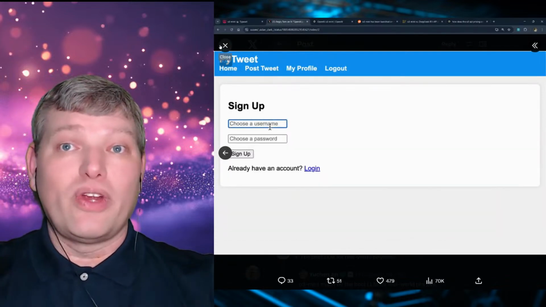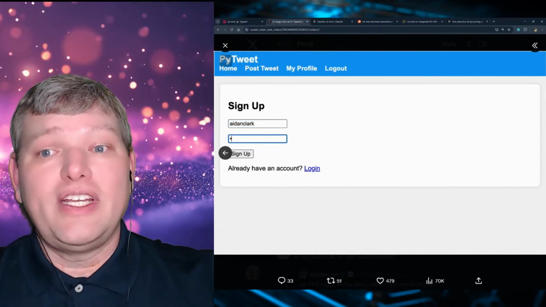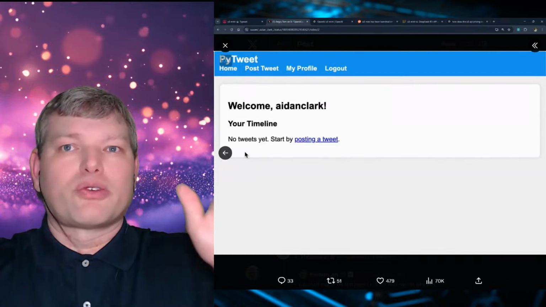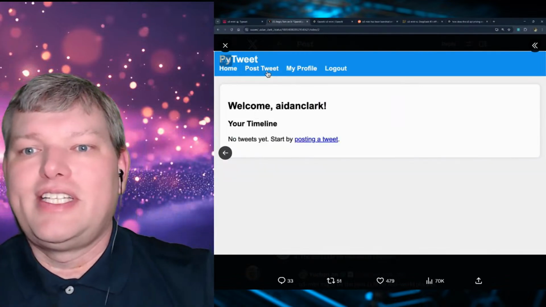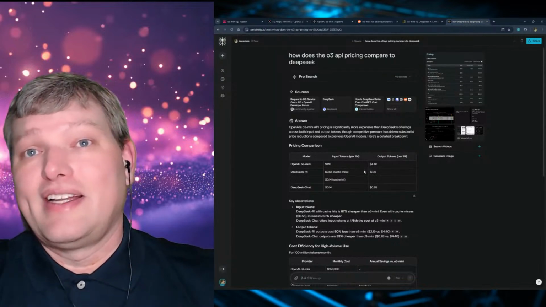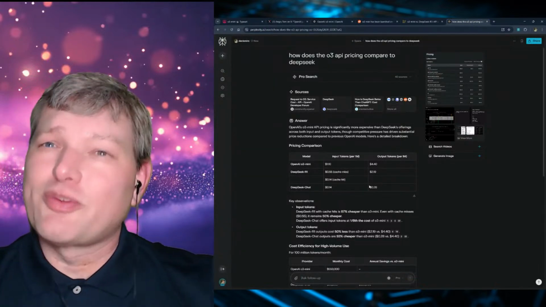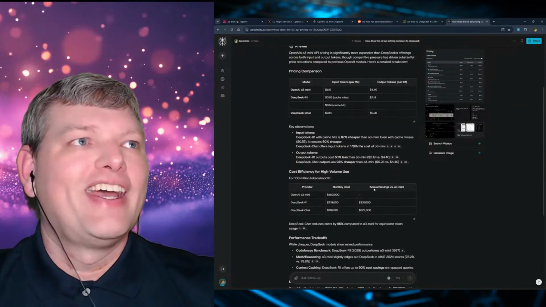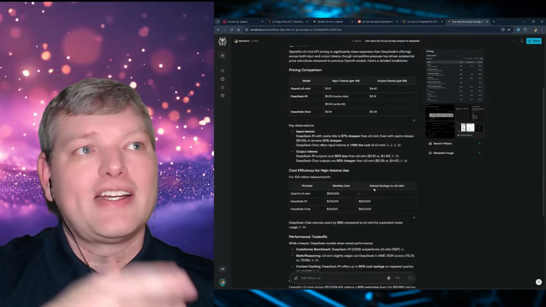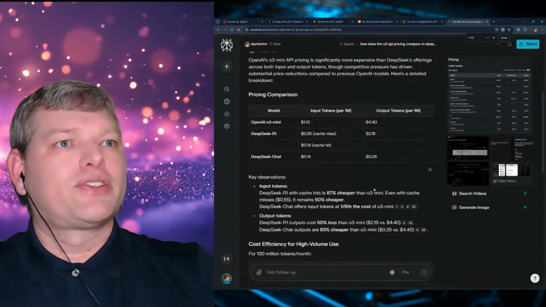And because O3 came out so quickly, we also need to talk about the API prices, because ultimately when we're drawing that comparison to DeepSeek, we have to talk about what that looks like. So I had Perplexity help me out with this one because I was running out of time. I spent so much time playing with O3, I ran out of time to complete the research. So I went over to Perplexity and I said, all right, where are we with the API pricing? And this is really interesting.